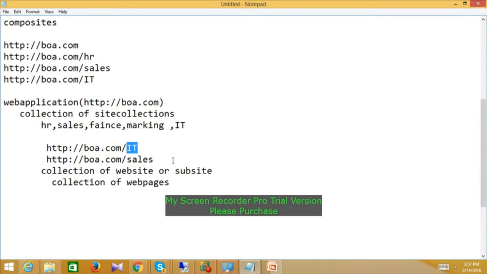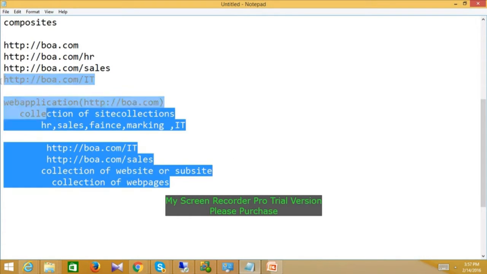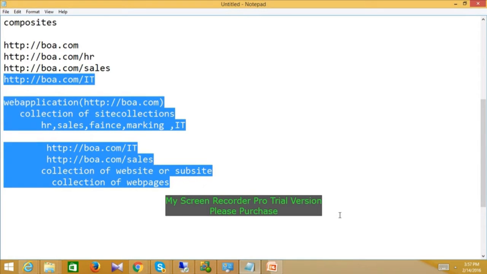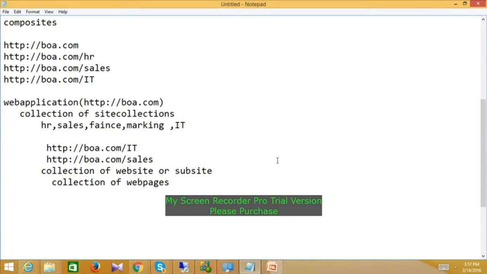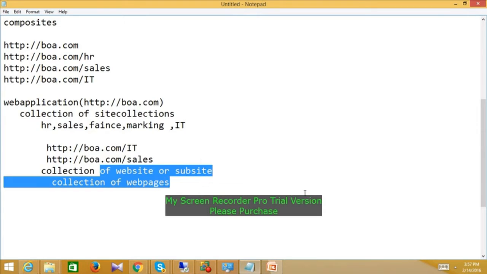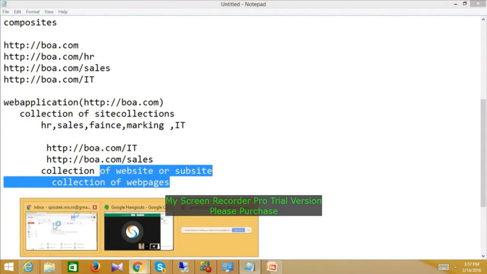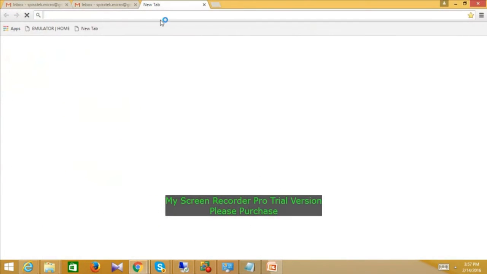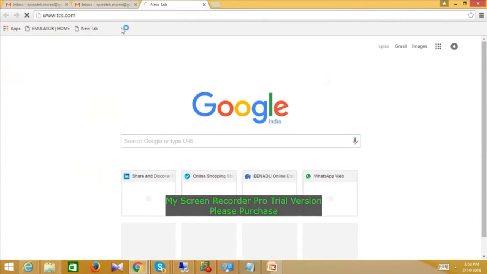We will have to link them with Active Directory in order to apply certain permission levels. To install SharePoint, we need to make Active Directory. These all we are creating inside SharePoint. If it is a website, anyhow it is pages only. Suppose I am accessing a site like tcs.com, so many pages are here.